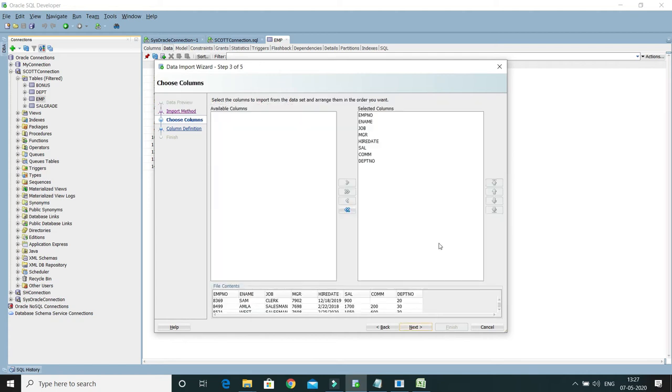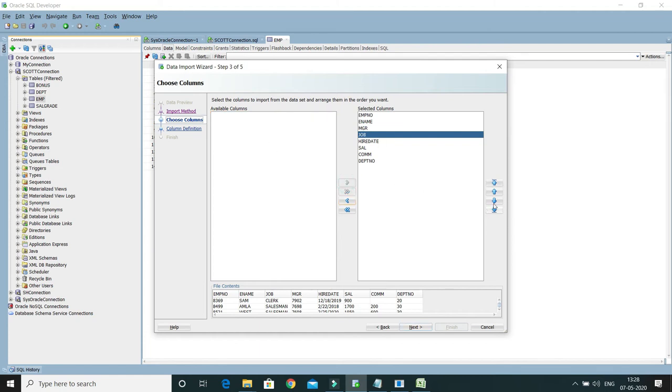Now here you might have many columns in your Excel, but you'd like to import only a few columns' values into your database. If there are some columns you want to exclude, then select that column and click on this backward arrow, and it will be excluded, right? But I want to include values for all the columns, so I'm going to include JOB as well.